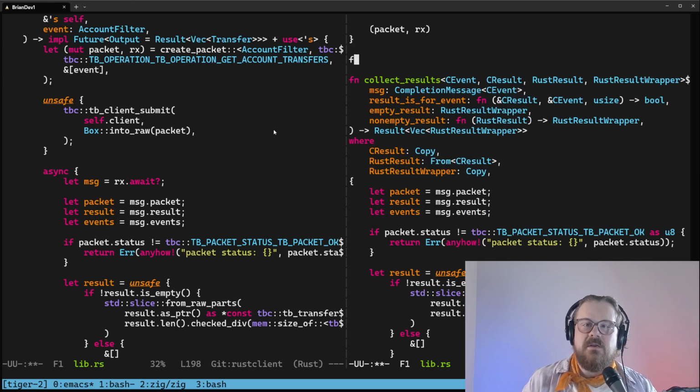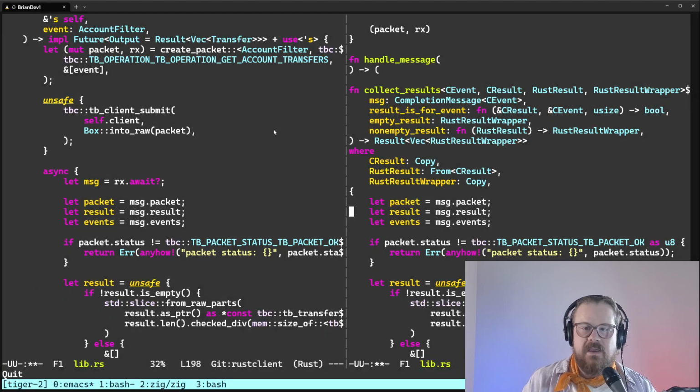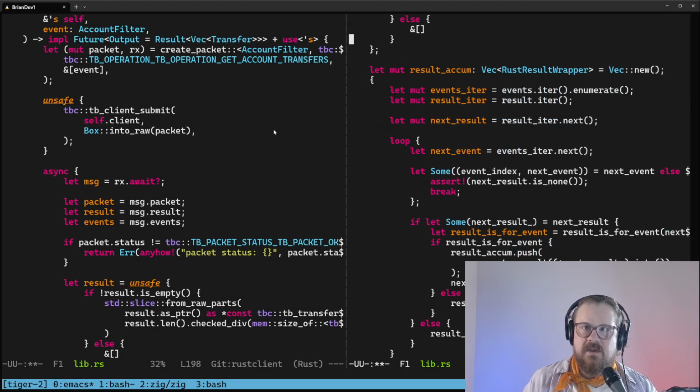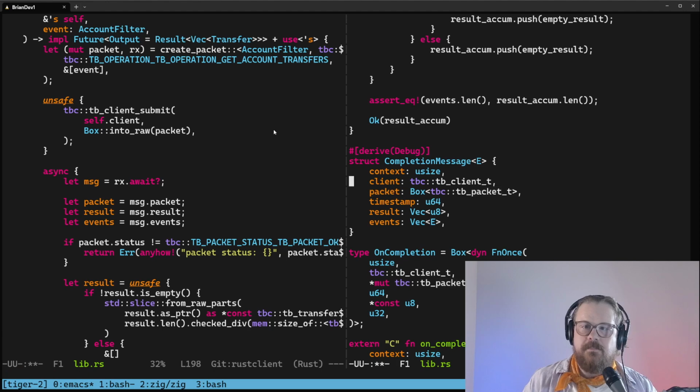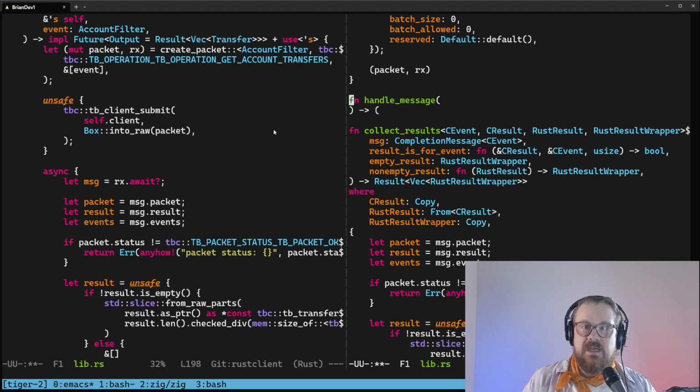So I'm going to make another method called handle message. And it's going to return probably a tuple of packet, maybe not packet. Let's see, do we use packet down here? Packet, no. But we do use events here. Yes. So this is just going to actually return the input events and the reinterpreted result, given the